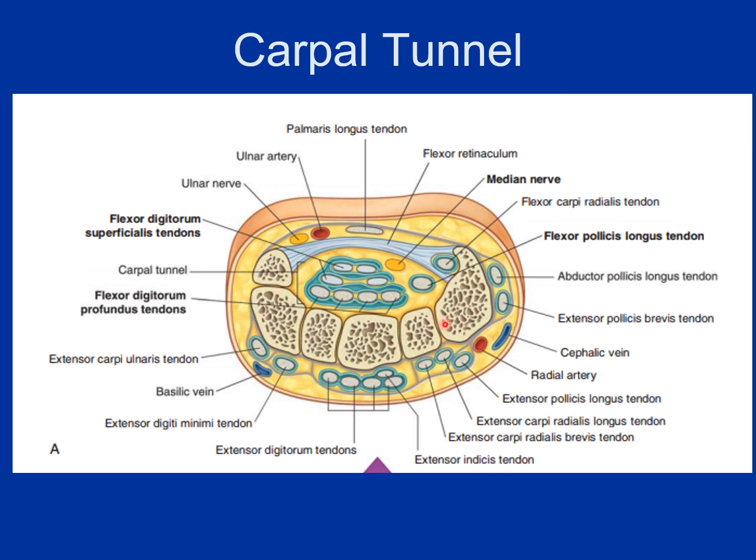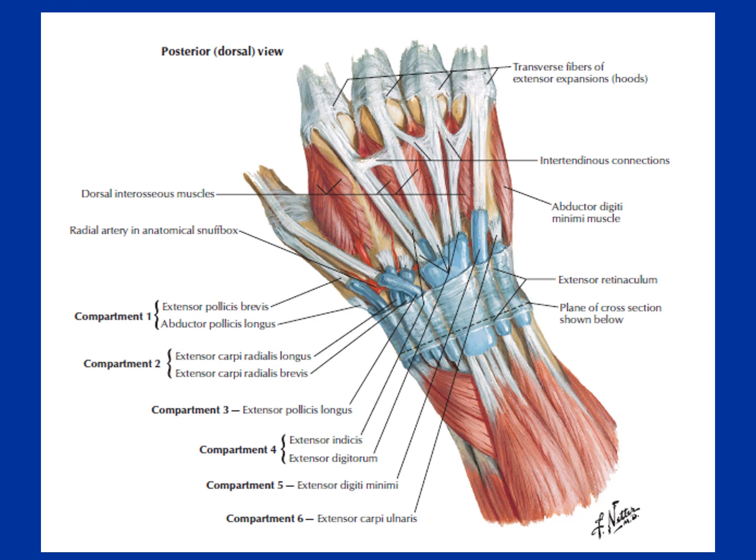Then we have the carpal bones, and back to the carpal bones are the extensor digitorum tendons as well as the other extensor tendons of the dorsal side of hand that are divisible into compartments. You will see in the other. These are extensor retinaculum on the dorsal side, and below that we can see that most of the tendons have their own synovial sheaths, so we divide them into different compartments.